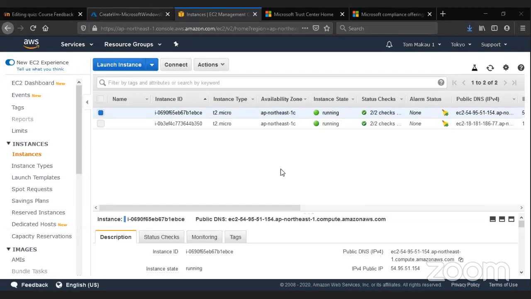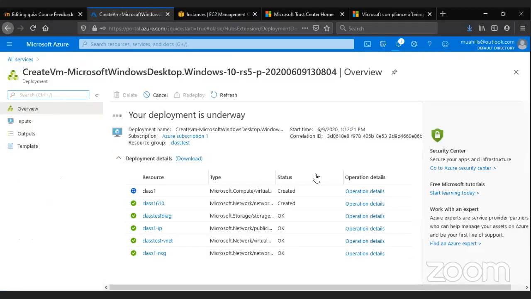Let me go to Azure deployments. I think I copied the password wrongly. Cancel.